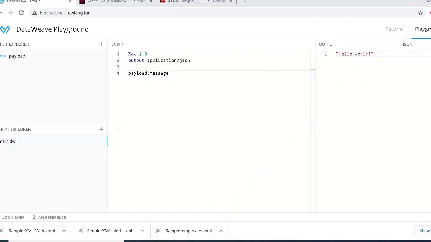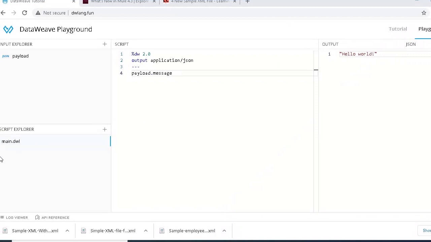In this video, we are going to see what are the other features of DataView. Here, I'm going to explain a few new features of DataView 2.3.2 and a few existing features as well. So let's get started.